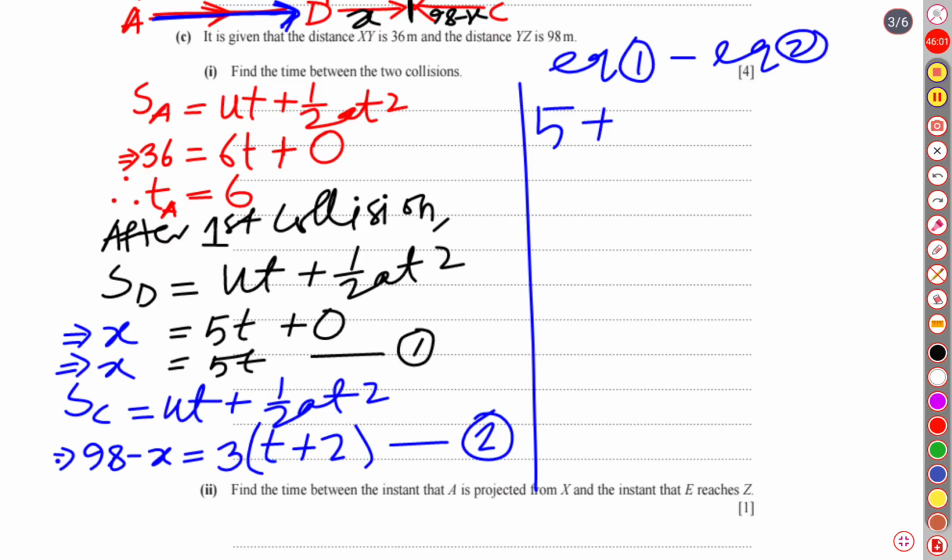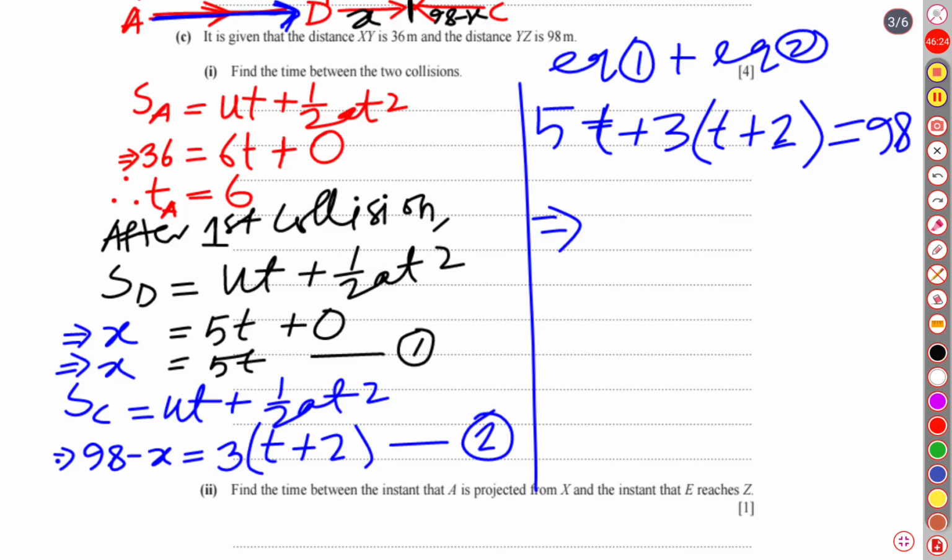So 5t plus 3 into t plus 2, and the total distance they have traveled is 98. Actually, x plus 98 minus x is 98. Well, so what is it going to be? 5t plus,